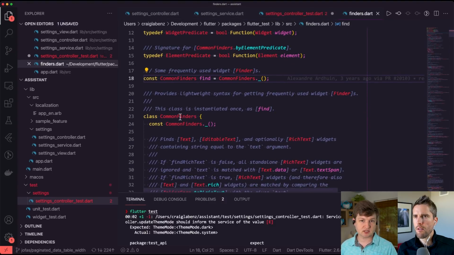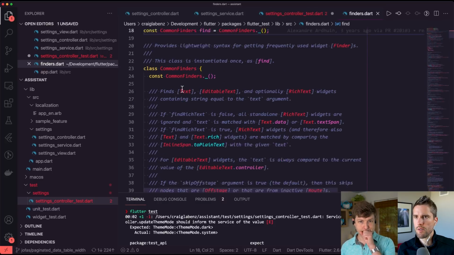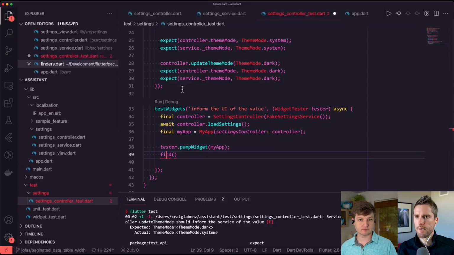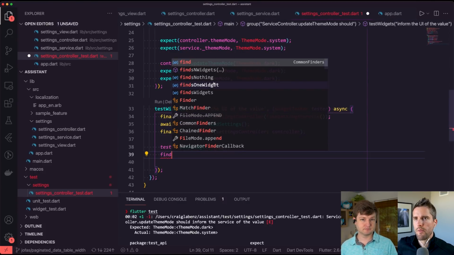What does it take? Oh, well, this is really clear. Let's actually just go back and look at our IntelliSense options. So we've got find widgets, finds. Oh, yeah, I think it takes a,